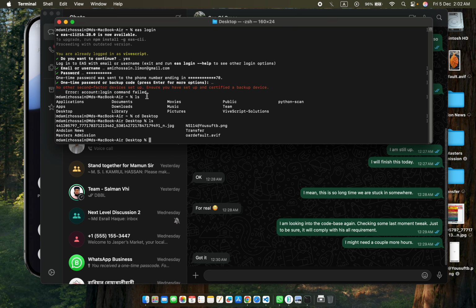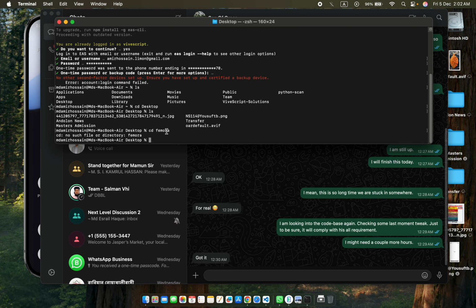If you write ls and enter, it will list it down. Then cd and our folder name, fmora, click enter. But for now there is no folder called fmora, so in that case I just select a